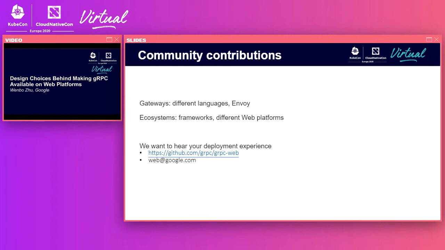The next question is about tools to test and debug gRPC. Yeah, we do see people start to develop things like Chrome extensions to debug gRPC Web. So I think we will try to publish those tools or those contributions over time. And also gRPC Web, when we started to work on gRPC Web,